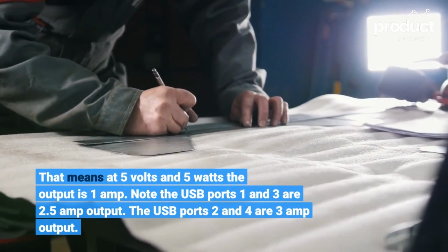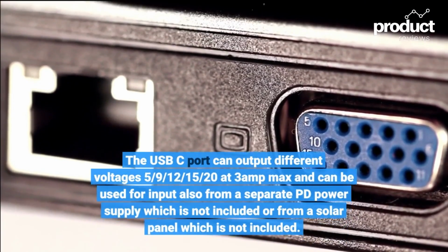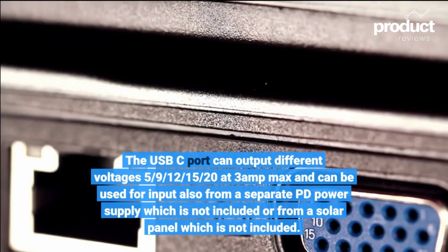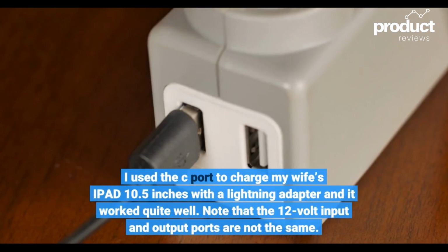The USB ports 2 and 4 are 3 amp output. The USB-C port can output different voltages, 5/9/12/15/20 at 3 amp max, and can be used for input also from a separate PD power supply, which is not included, or from a solar panel, which is not included. I use the C port to charge my wife's iPad 10.5 inches with a lightning adapter, and it worked quite